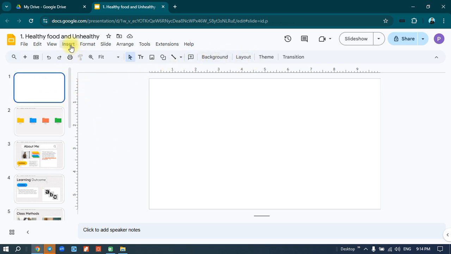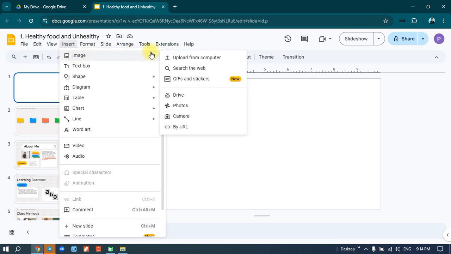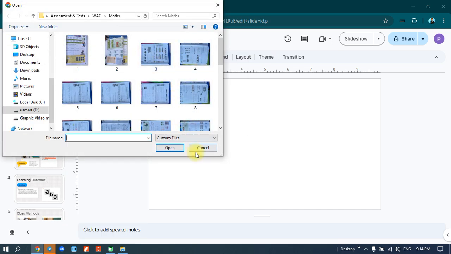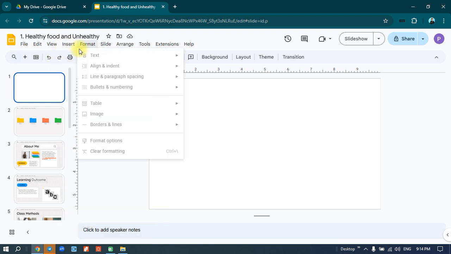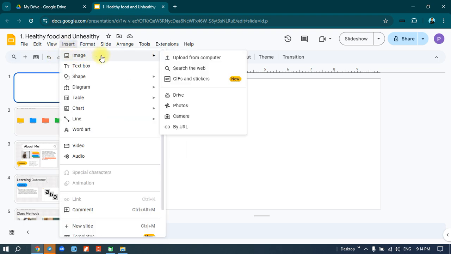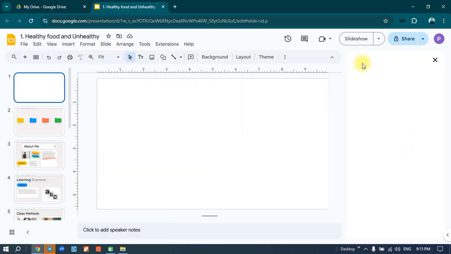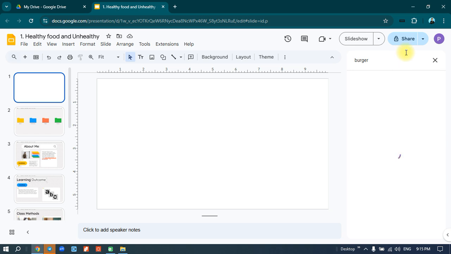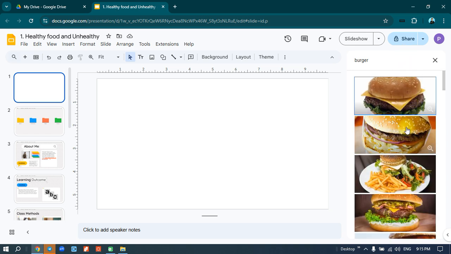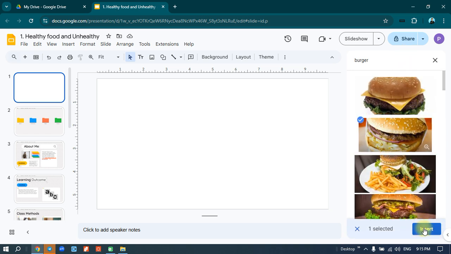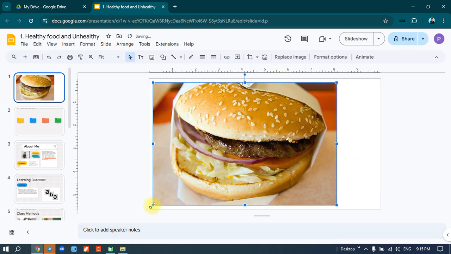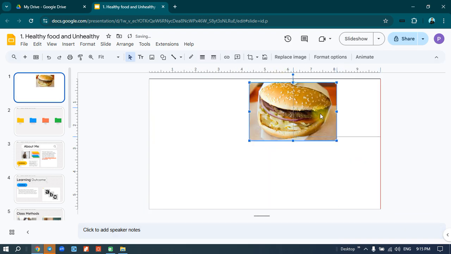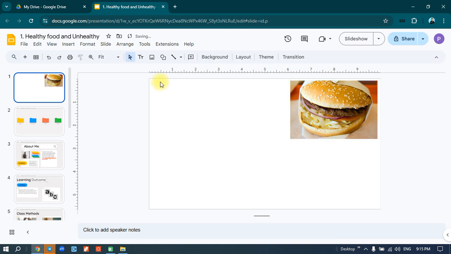If you want to insert a picture, for example, this is from computer, another option, you can choose the word insert image, and then you can search from web. You click here and then you can search, for example, burger. Okay, so you can add in, insert here, and then